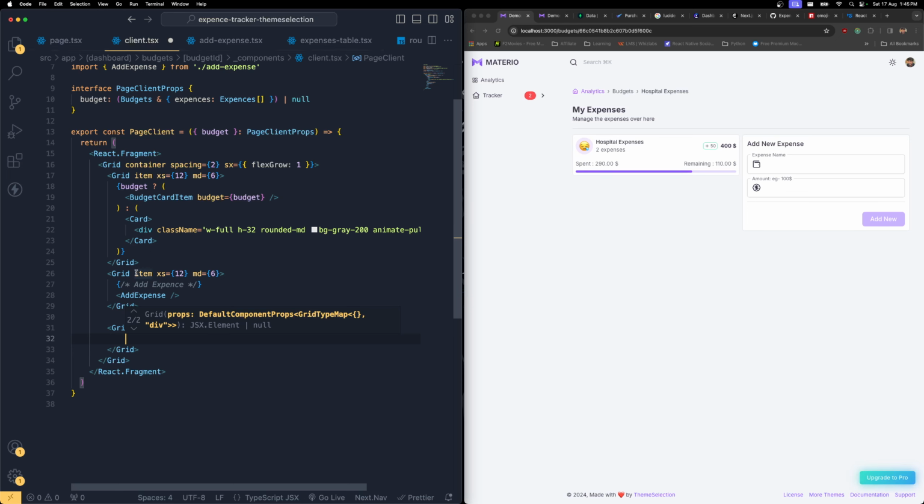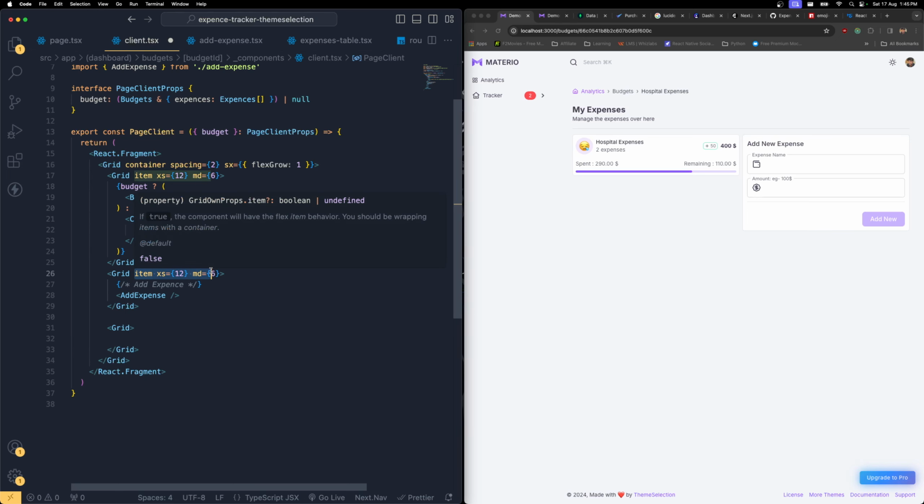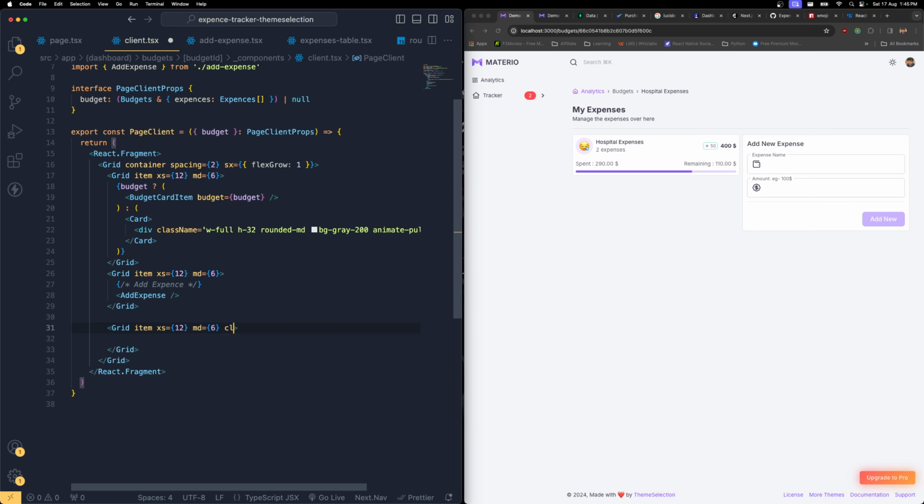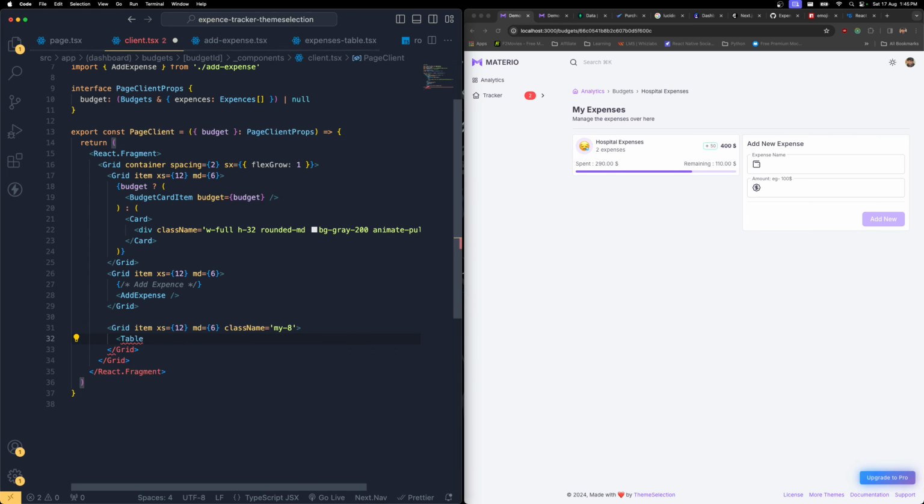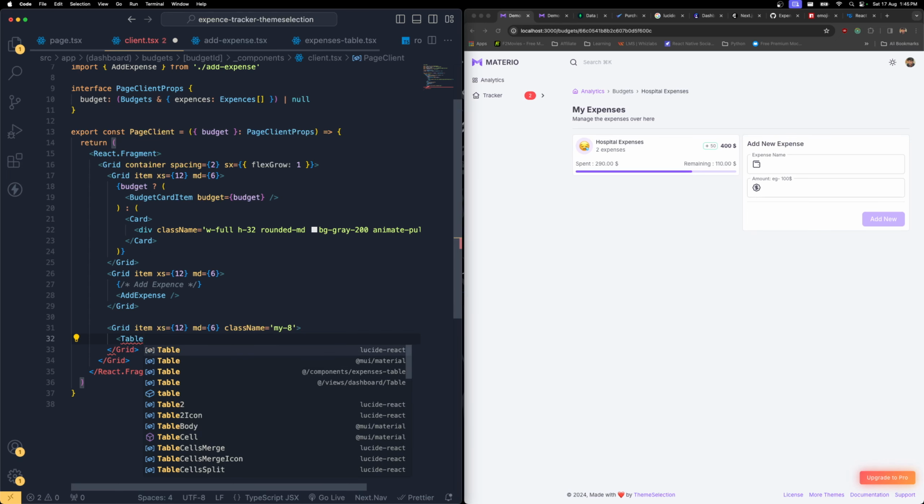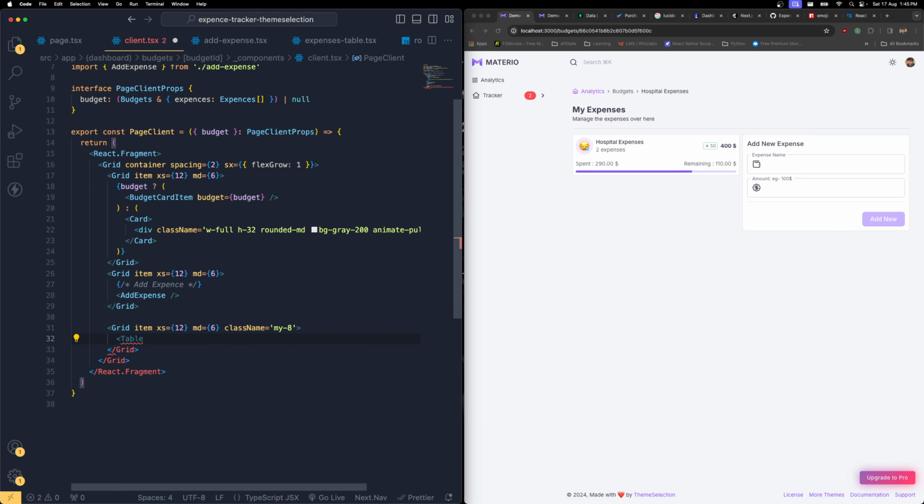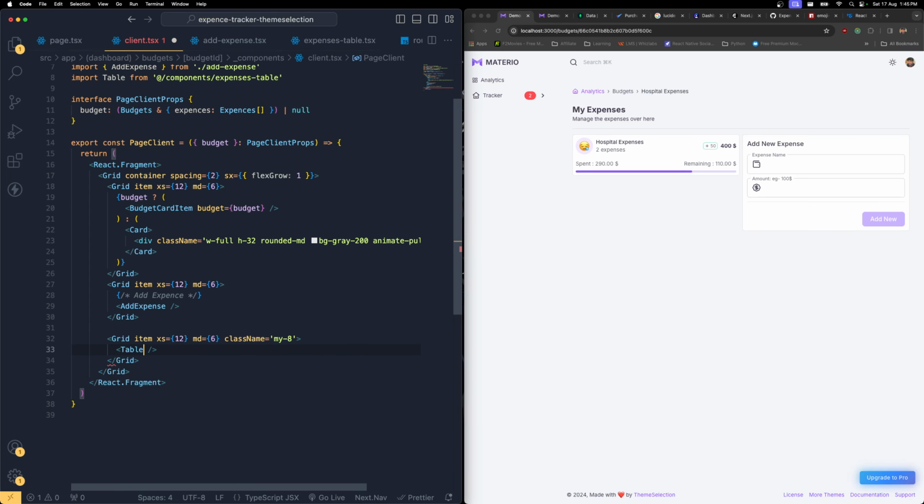which is going to be like this, and class name margin 8, MUI, it's going to be 8. Here I'm going to bring the table, not from at material UI, but from at expenses table. Please make sure that it comes from at components material, from the expenses table which we created. Then you need to supply the